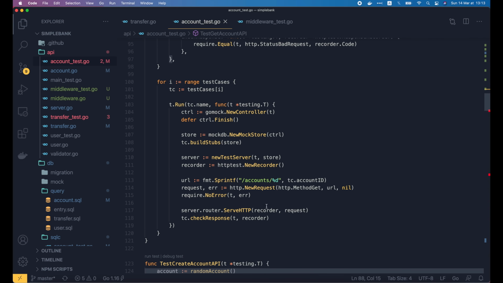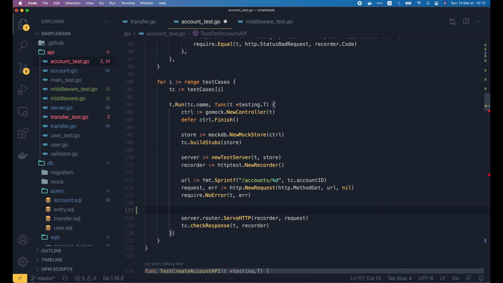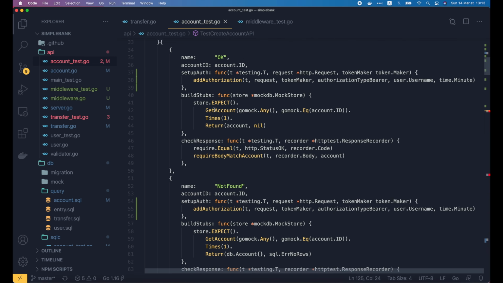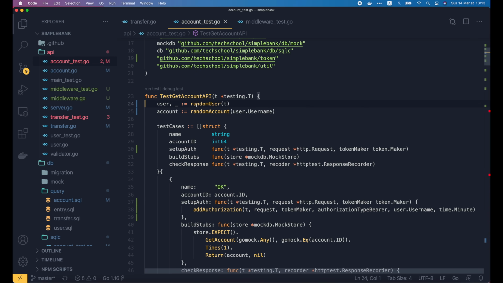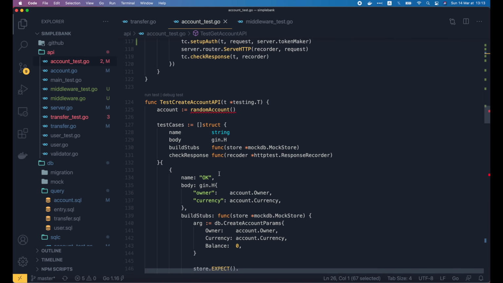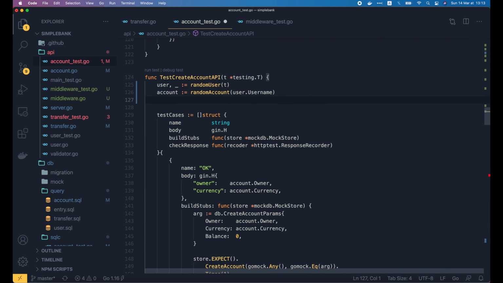Then in the main body of the test, before calling server.router.serve/http, we should call tc.setupAuth with parameter t, request, and server.tokenmaker. And we're done. But before we can run the test, we should fix all errors in other unit tests. So let's copy these two statements from the test get account API and paste them to this test create account